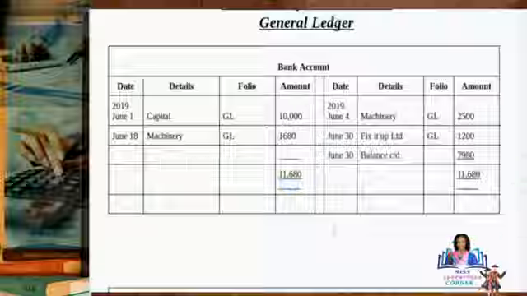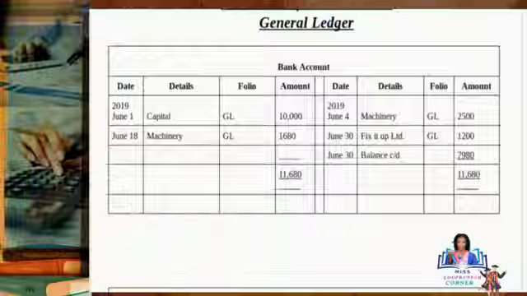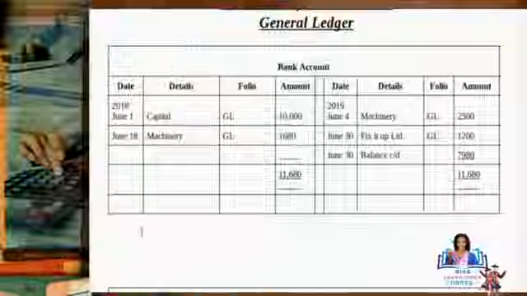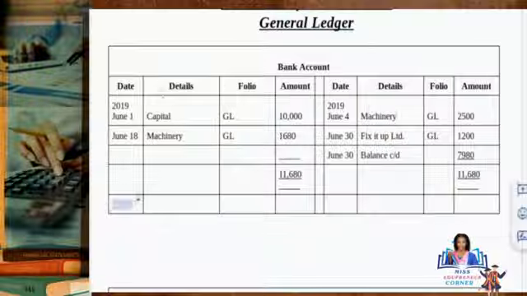And it doesn't end here, we have to bring down the balance. So on the line below the total, so the total we're referring to this $11,680, on the line below it, we're supposed to insert our balance brought down. So we come in the date section, and this balance brought down should be dated the first day of the next month. So after June, we have the month July. So the date will reflect July 1, balance BD,